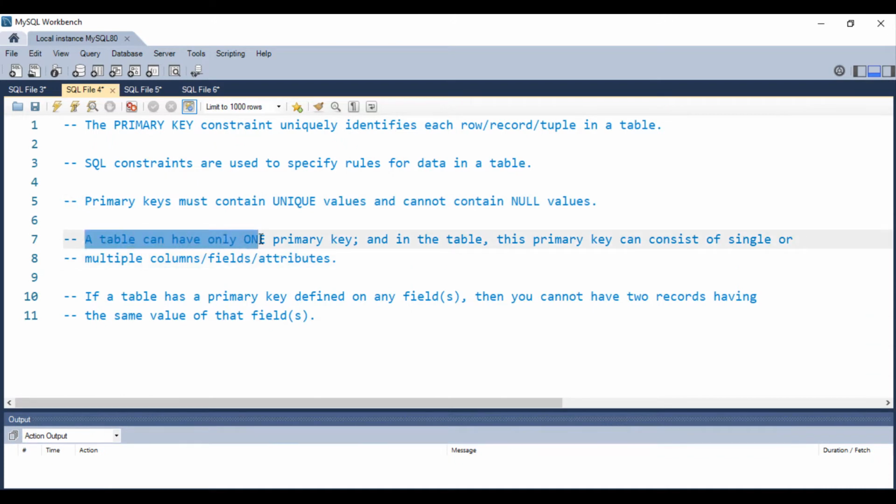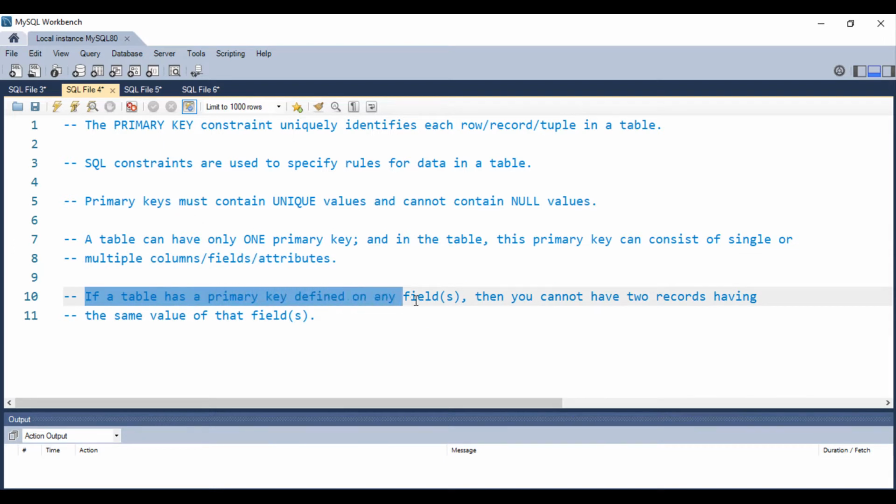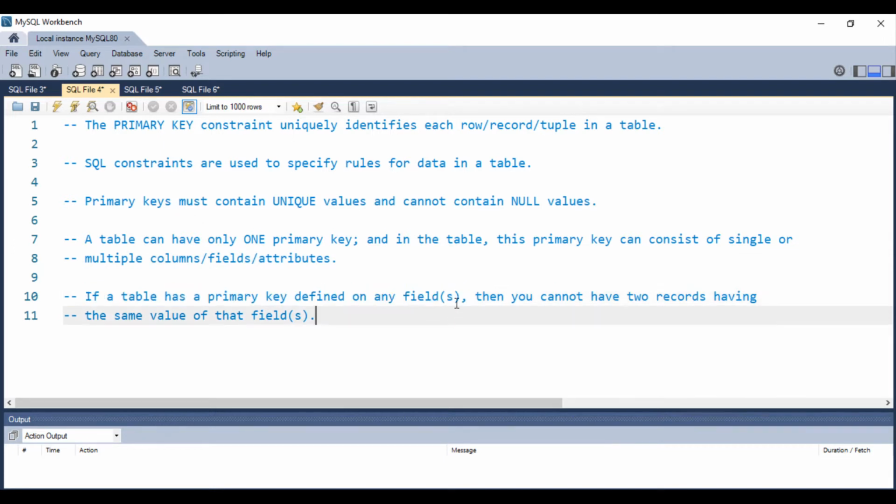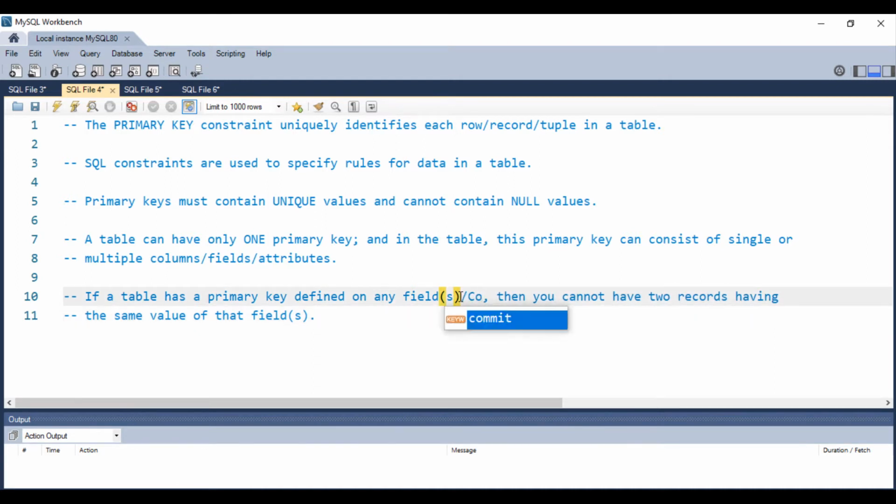A table can have only one primary key. This primary key can consist of single or multiple columns, fields or attributes. Synonyms: column, fields, attributes. If a table has a primary key defined on any fields or columns,